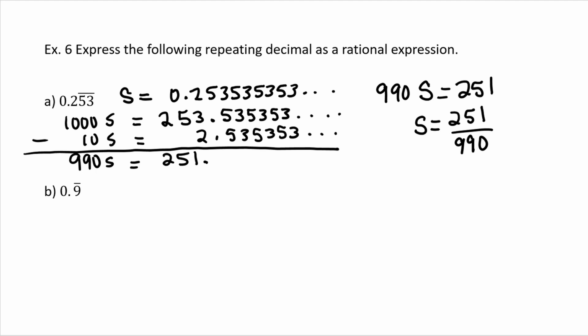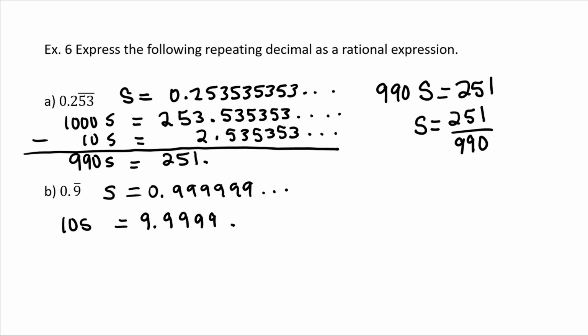Let's do this one more time for part B. That's 0. and then 9 repeating. I'll write S equals 0. bunch of 9s, it repeats. I will multiply this through by 10. Then I'll get 9.9999 repeating. Let's just subtract the sum, which would be